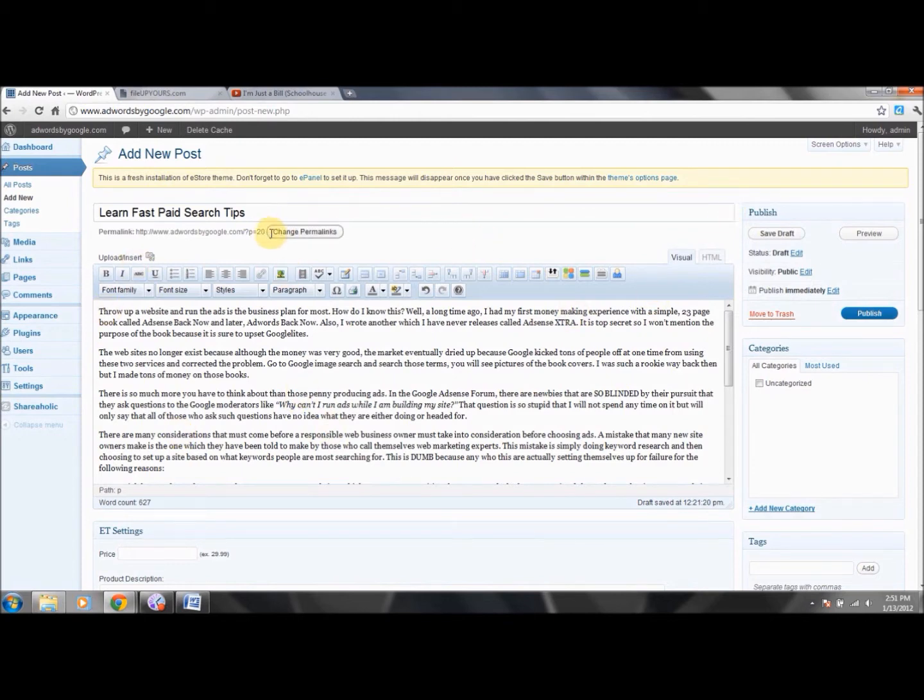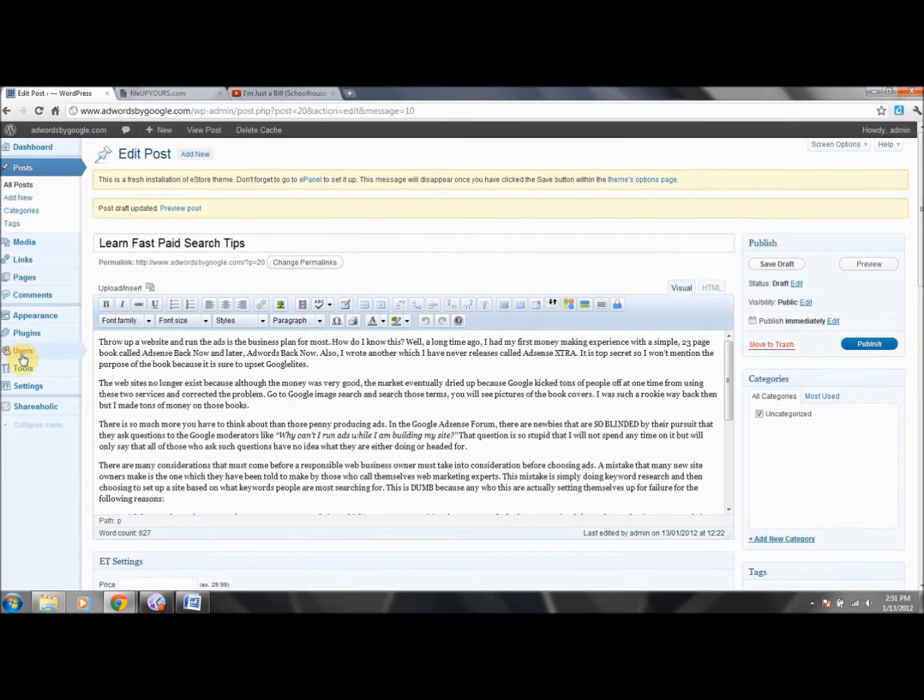Now, remember we talked to you about permalinks, which are down here, right here on the settings function. Remember we told you this was a disaster? This is like a total waste of time. Let's go ahead and save this draft. We'll save the draft of our first post, and once we've done that, we're going to go to settings, and then we're going to go to permalinks.